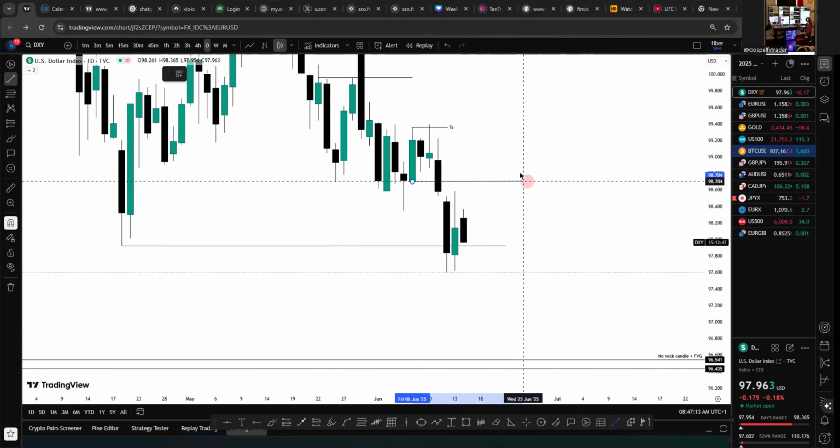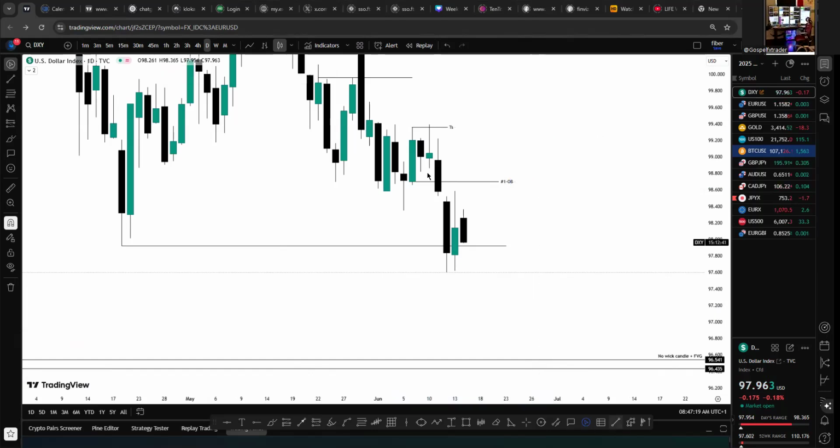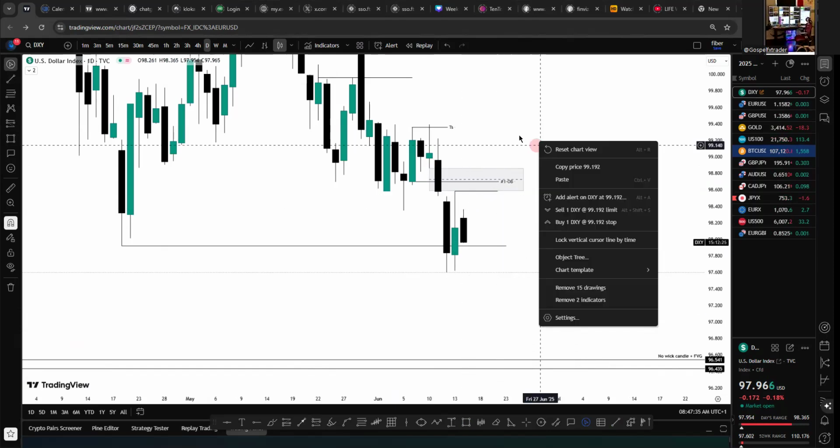This is a very nice zone for us to use as our order block. Plus it has a fair value gap, a slight volume gap that we saw price reacting from on the Friday. So looking at this zone, this is a fair value gap here, and we can use the high of Friday as kind of an inducement to that fair value gap